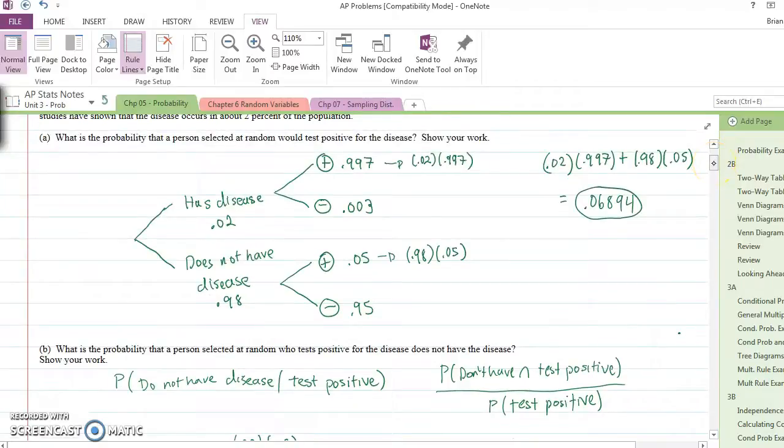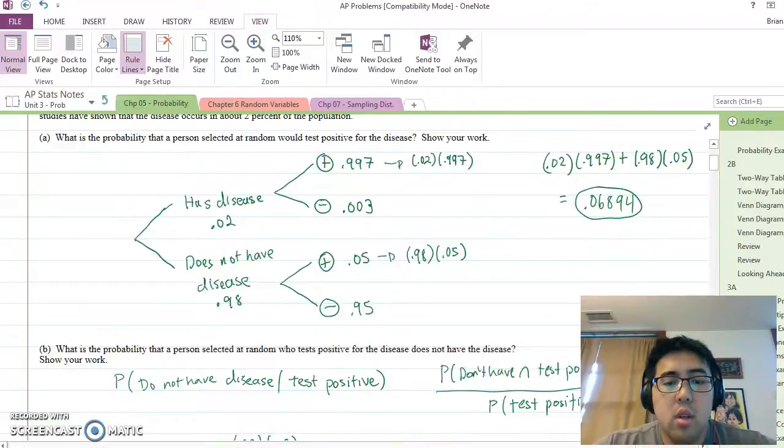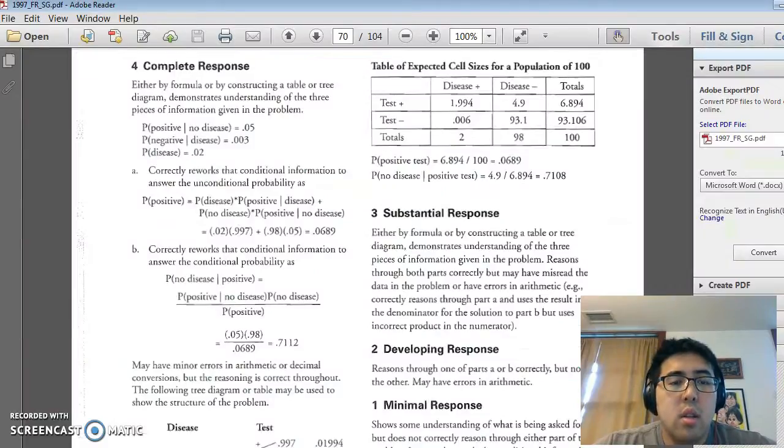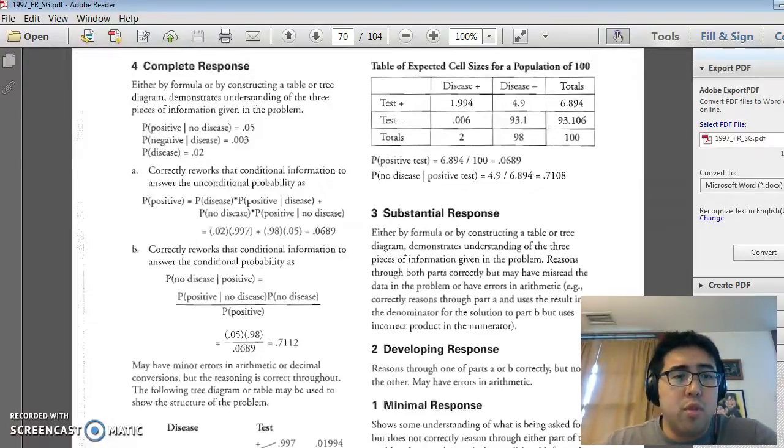So let's take a look at the answer rubric together, and then you can score this on your own. So this is kind of an old rubric. This is the oldest rubric that I have, and it's different than all of the other ones, possibly because this was the first exam. So here it says the complete response, like 4 out of 4, is that either by